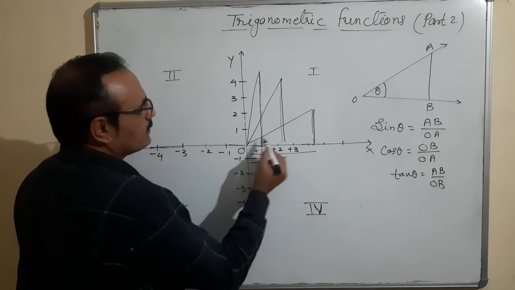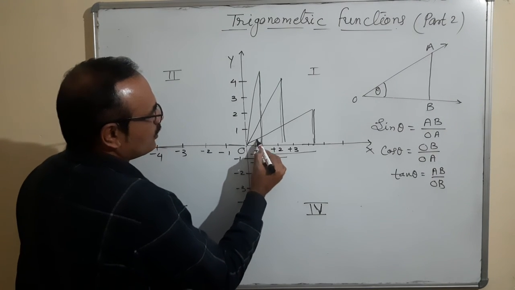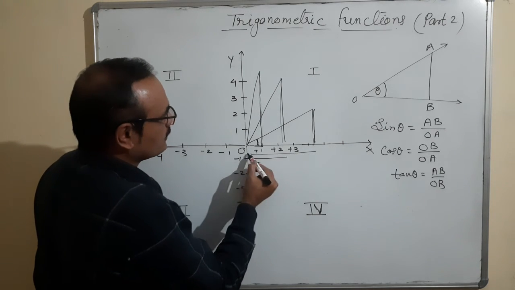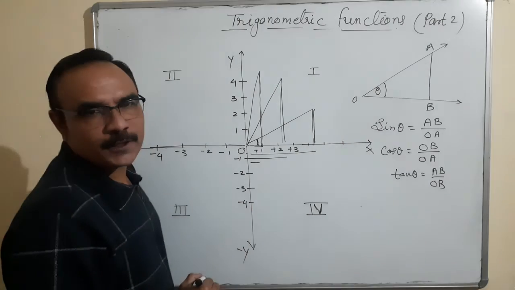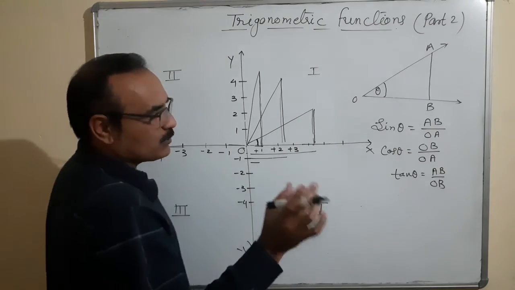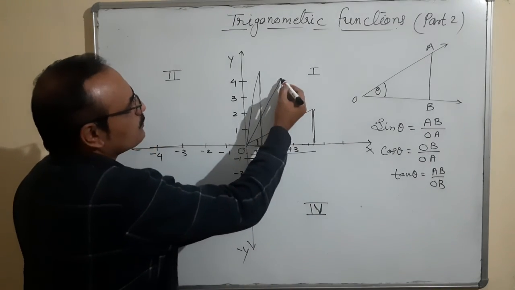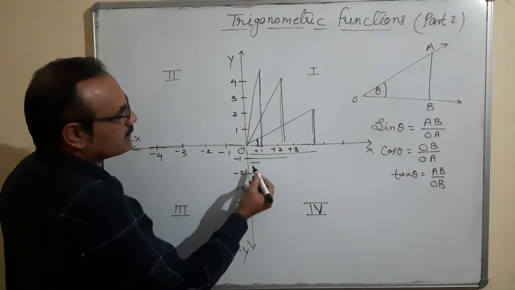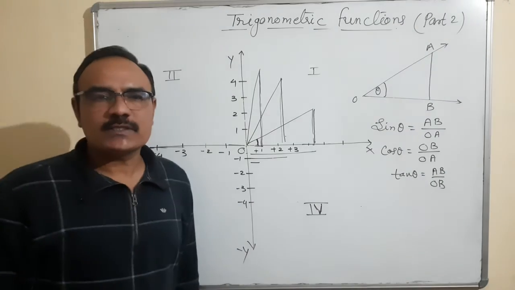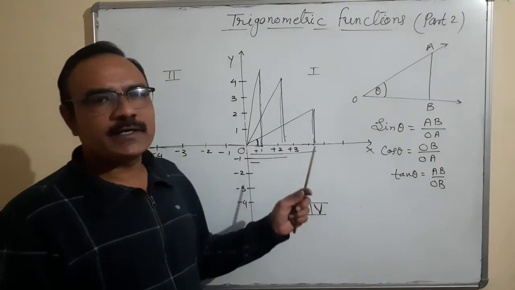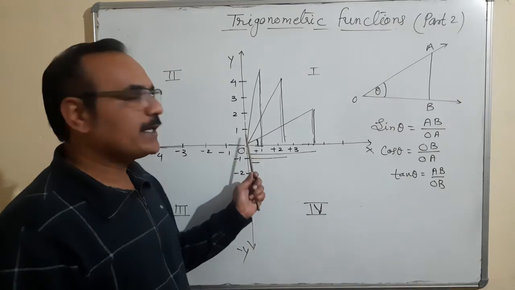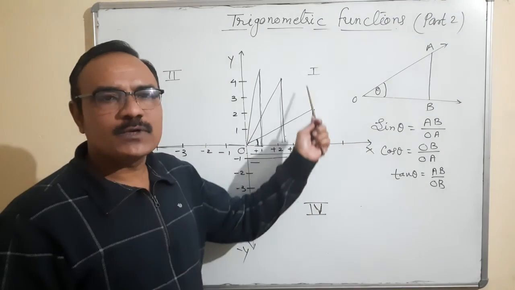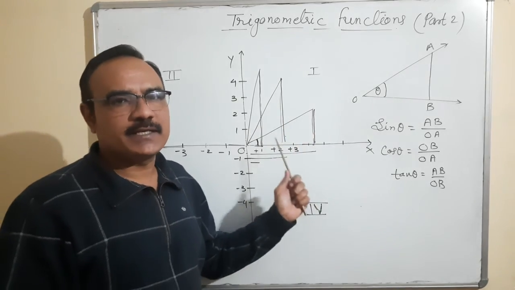Here you can see that when this angle was small, this is the opposite side, perpendicular, this is the base. Okay, perpendicular is smaller than the base. Second condition, perpendicular is increasing and the base is decreasing. So what is the conclusion? Conclusion is, in the first quadrant, when we rotate from 0 to 90 degrees, from 0 to pi by 2, what happens? The perpendicular of a triangle is increasing and the base is decreasing.